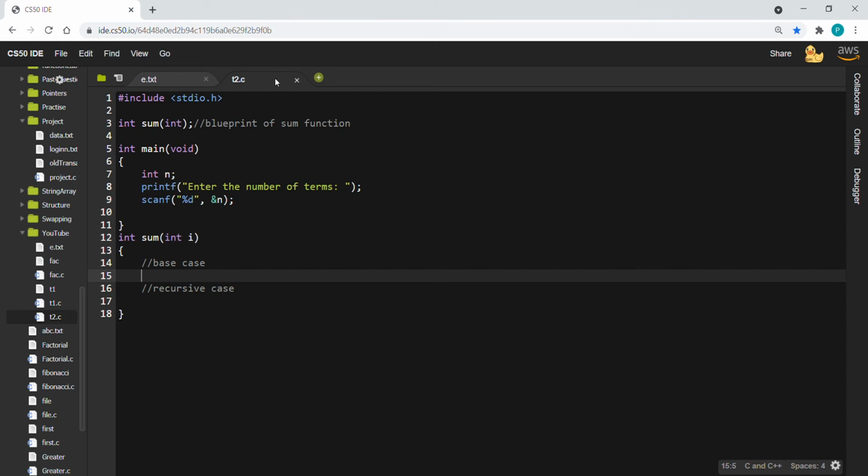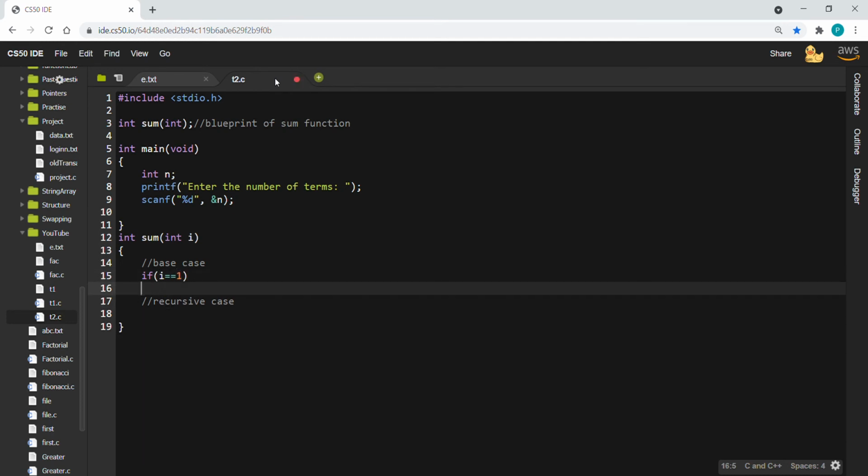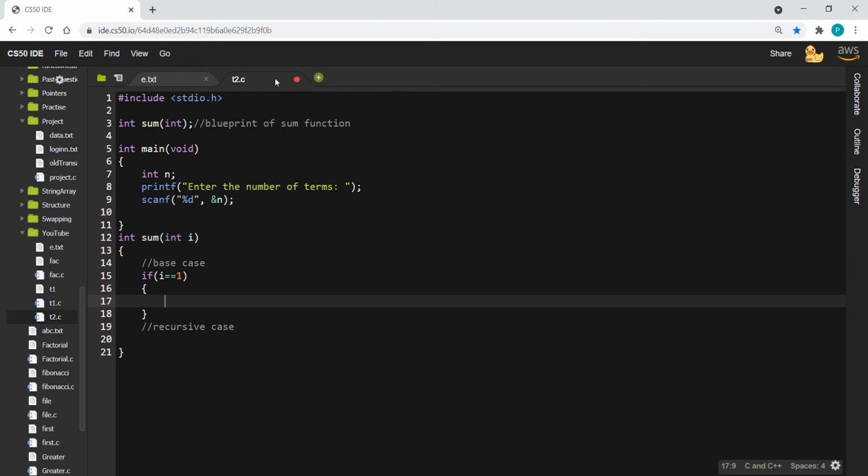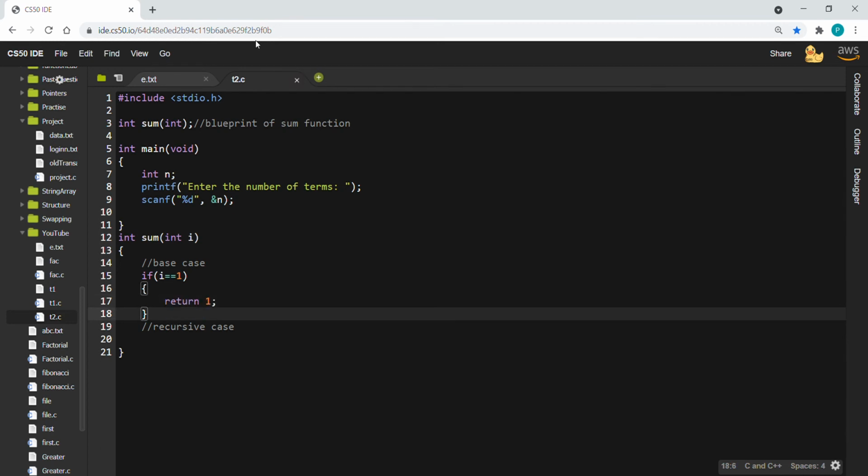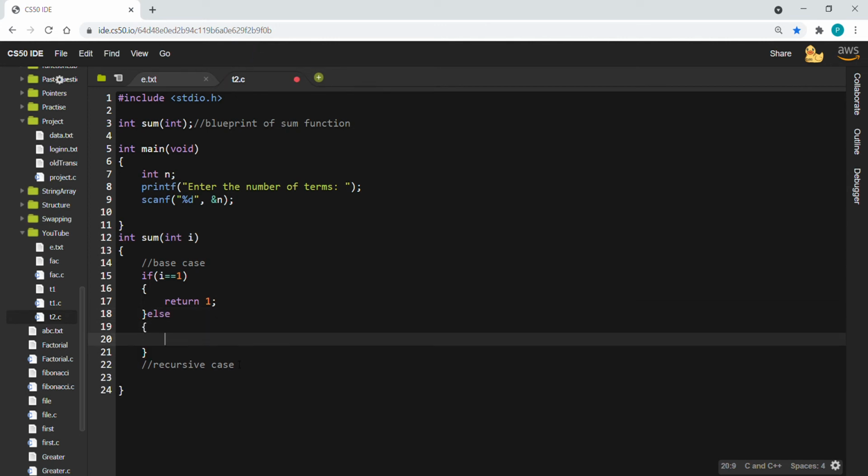So in the base case I have mentioned one if statement. This is always like this, similar to the previous video. You can check the description for the link. Here curly braces, and it should return, since the type is integer, it should return 1. Otherwise, now the recursive case comes in. So let me move this comment to here,